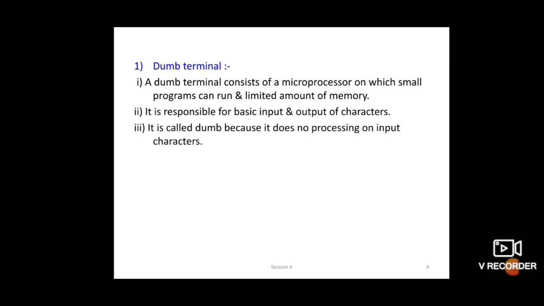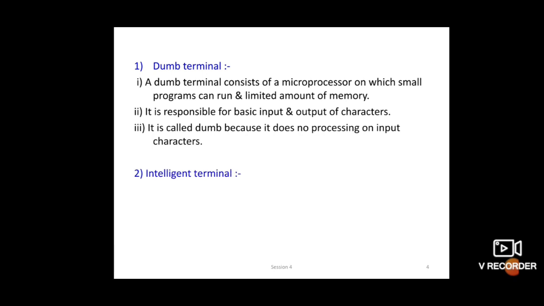Whatever input characters come, the dumb terminal cannot process that data because of the limited memory space available on it. Due to this limited memory space, we can't do any execution on this dumb terminal.